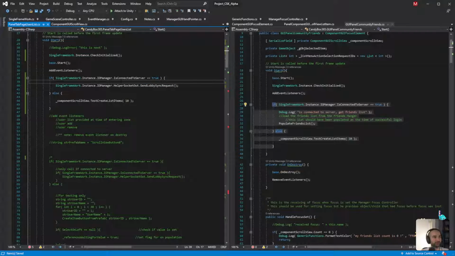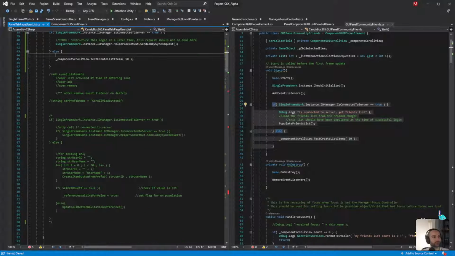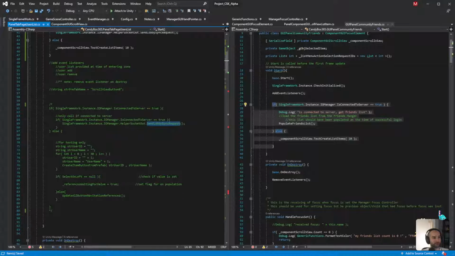This will need to be moved. Restructure this logic at a later time. This request should not be done here. Okay. Is connected to server equals true, send lobby sync request.